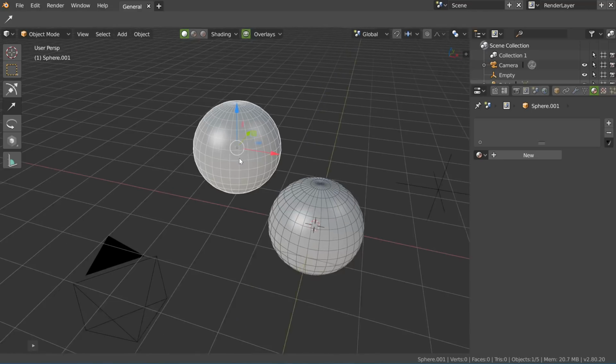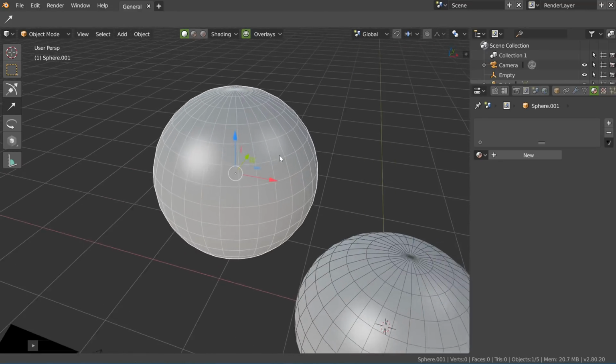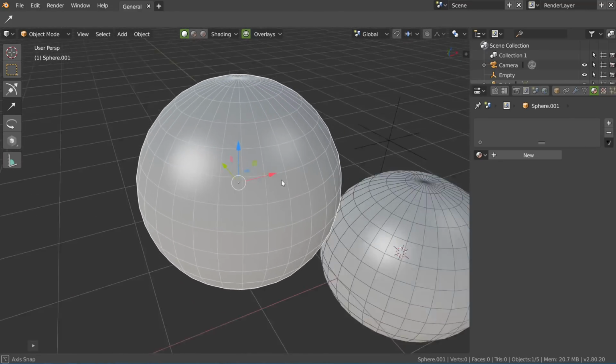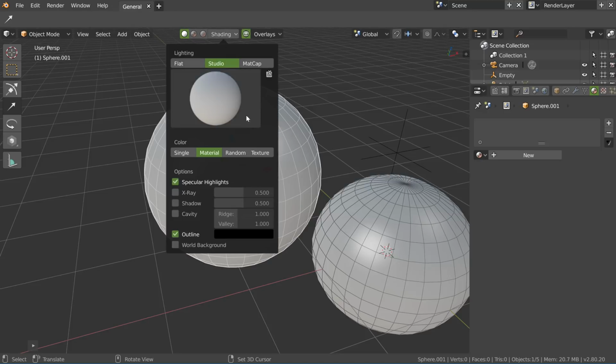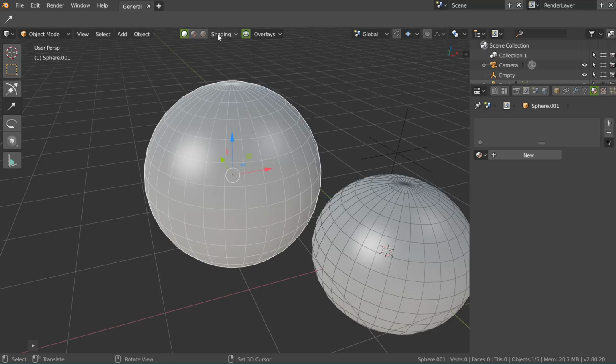So first, when you work on your object, most of the time you work at the center of your 3D view, and having this here, in my opinion, is really bad design, because if I want to change this shading, I don't see my object behind this one. So this is for me bad. And as you can see why it's bad, and I don't know why they placed this here.